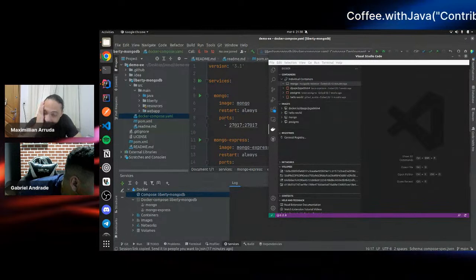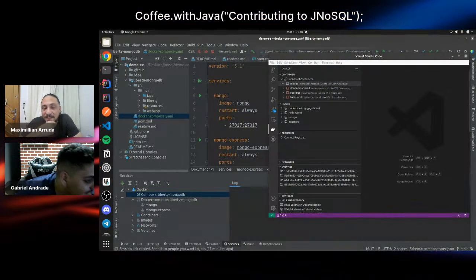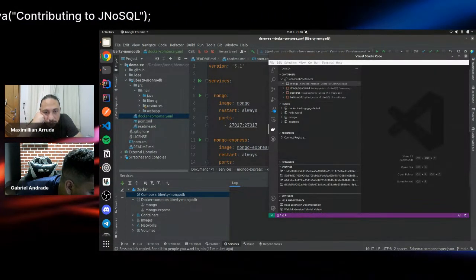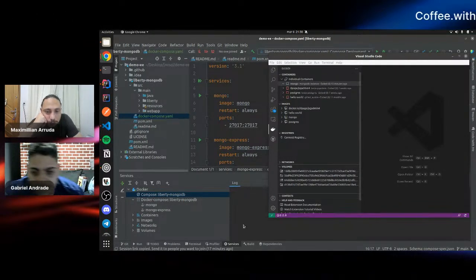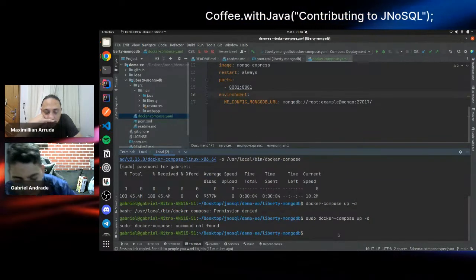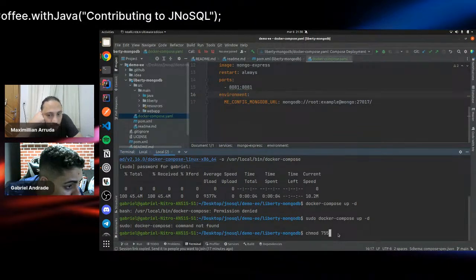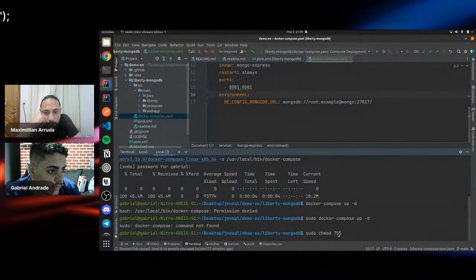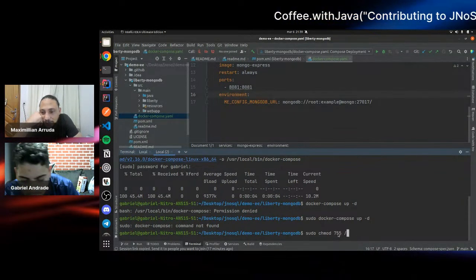Go to the terminal and type chmod. I think that you need 725. Let's see if it works. Otherwise, you need to use sudo as well.